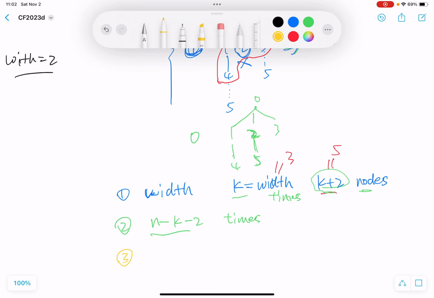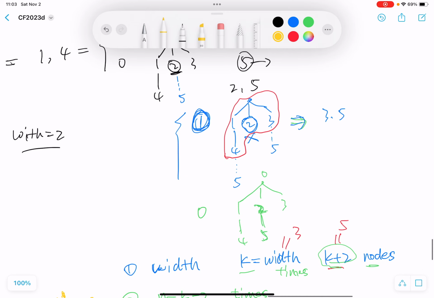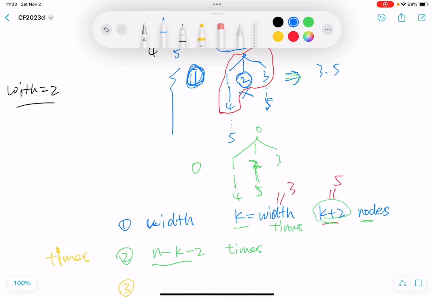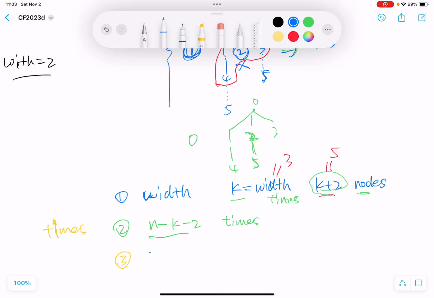The third part we need to query is the case of waste. How many times we will waste, like this 2 and 5. That means after we query 2 and 5, if it returns 1, that means we don't know the position of 5. So this is a kind of waste. And the largest possible waste will be k minus 1 because